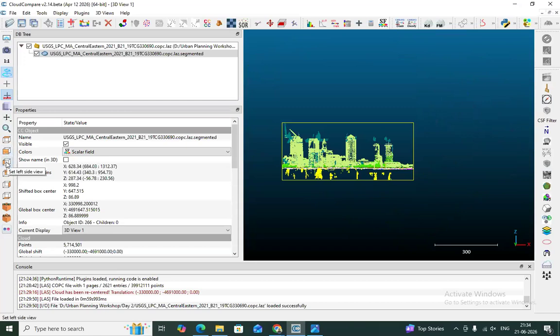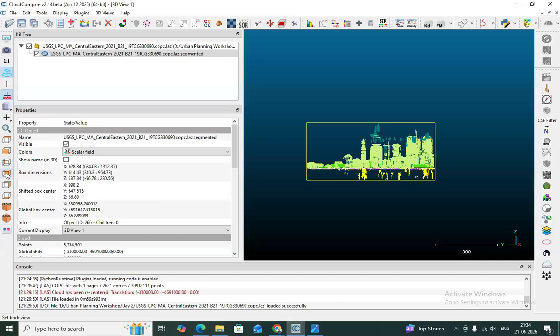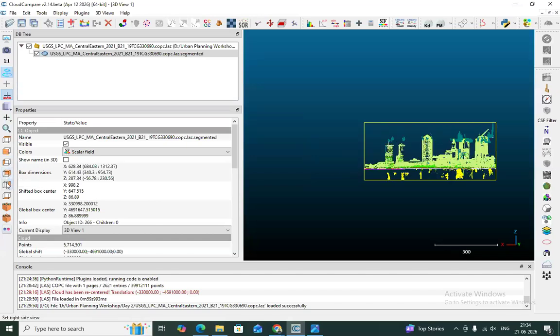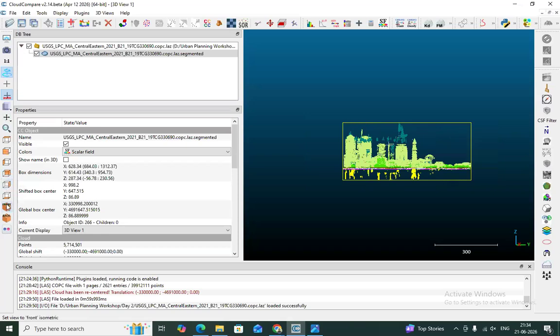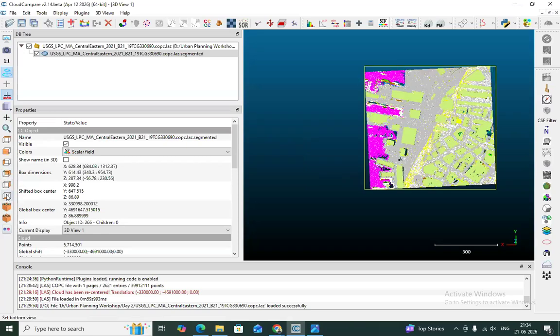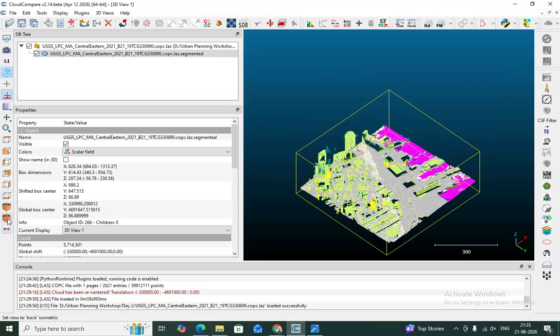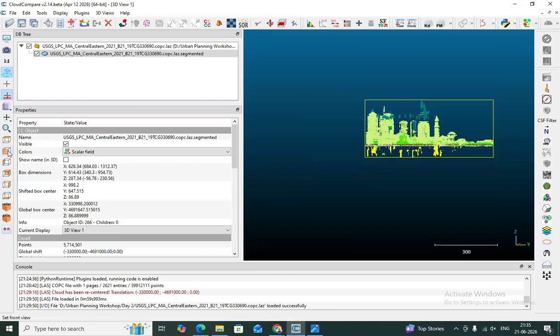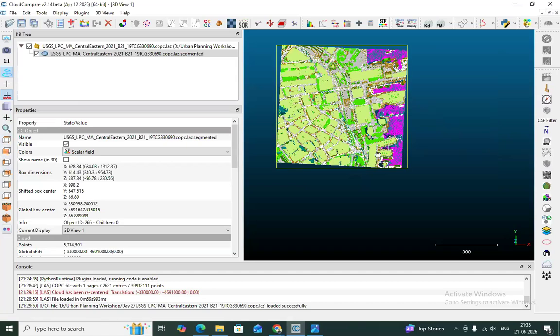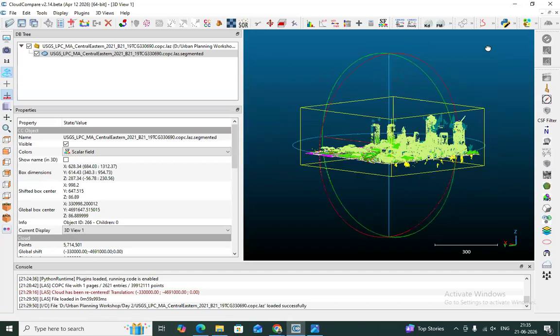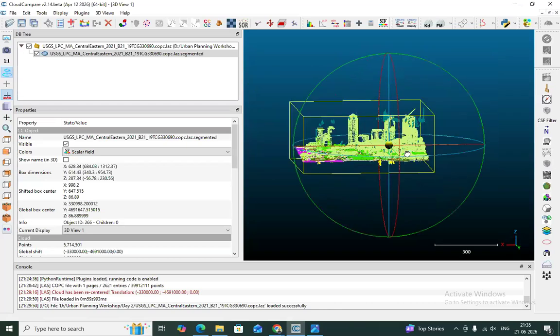Side view, left side view, then the back view, right side view, okay, the bottom view, and front view also, and back view. So you can also change the view whatever you want, or maybe with the mouse you can also change this view. So there is no issue.